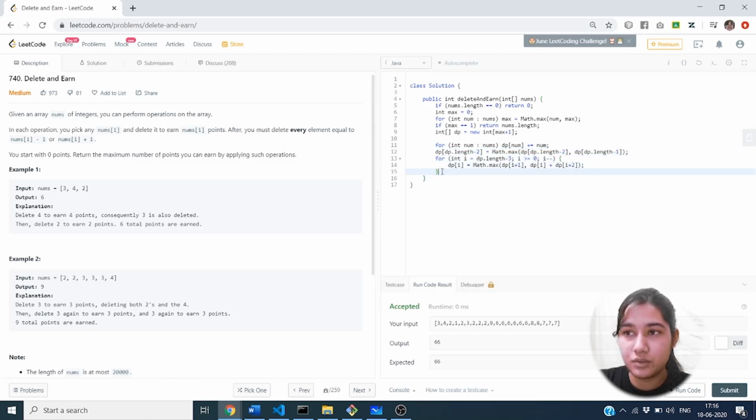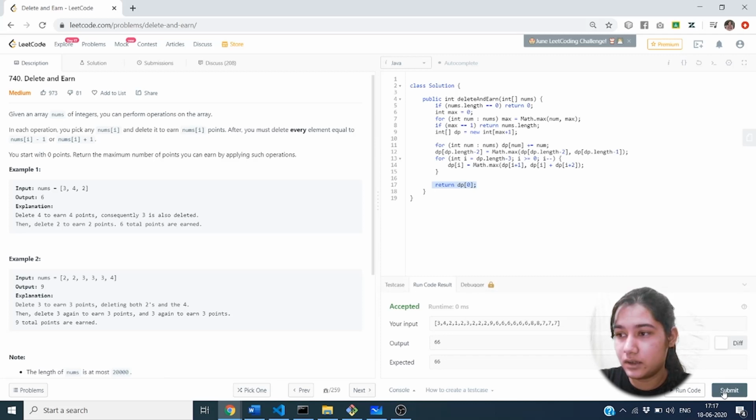Then the last step is to iterate over the array with the I value, the initial value of I being dp.length minus 3, and then decrementing I with I--, checking the condition if the dp at I plus 1 value is greater than or equal to the value at index I plus I plus 2 or not. And at the end we have to return the value at index 0.